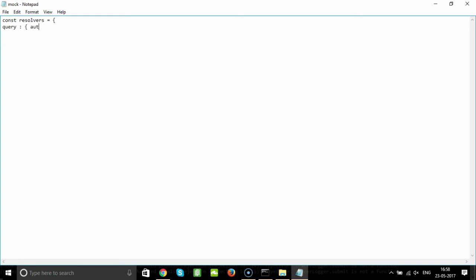It should have author, and obviously it will be taken from root and taken as an argument, and then close the bracket, and then we say return what you want to return, and it is id, say 1,